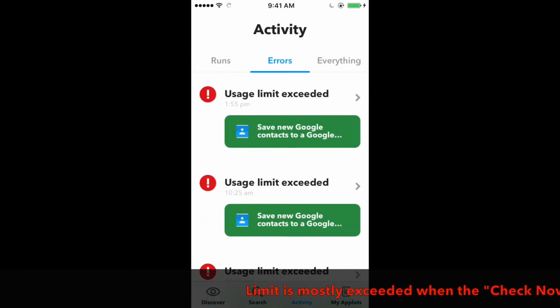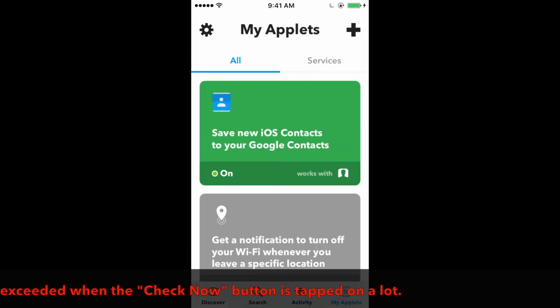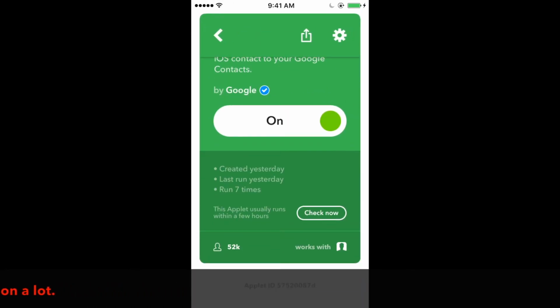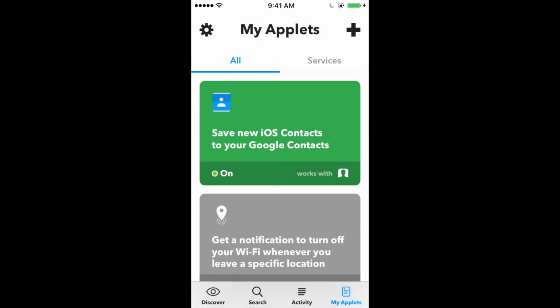So this is how that shows up if you go into the error feed. But if you want your changes to show up instantly and automatically, what you have to do is just click check now. And this works whether you're using the website or whether you're using the app. Now, the other thing I want to say about this is that what you add into your iOS contact one time,